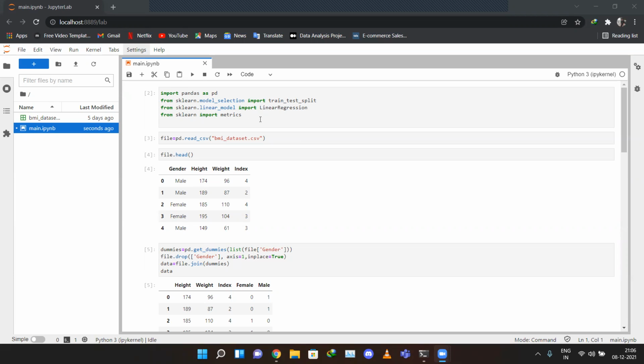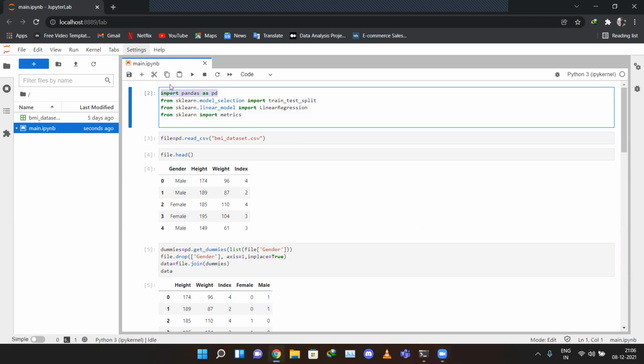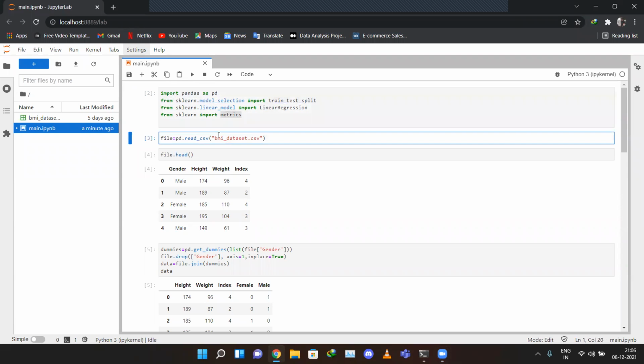The first step we do is to import the required packages. We are using pandas for handling data. Then we are using sklearn model selection to split our data for testing and training. Then we are using the linear model package to use linear regression, which is built into it. And finally, the metrics package from sklearn to perform evaluation on our model. I'll import them now. After that, we'll read our data